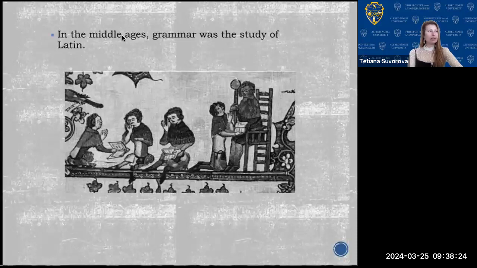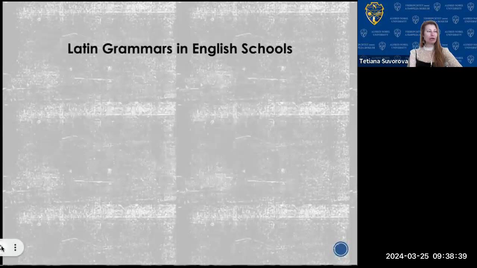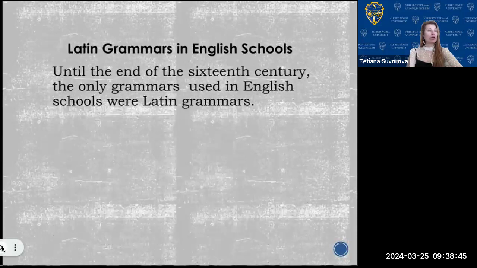And that means that native languages should be described in more detail. That was the starting point of the development of national languages, not only Latin. But the formulas to describe national languages were, of course, applied from Greek and Latin to the national languages. Okay, so, Latin grammars in English.